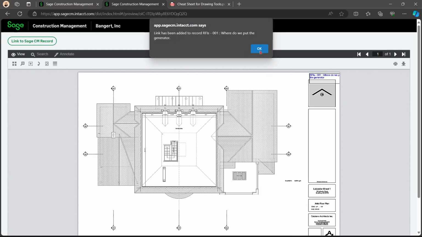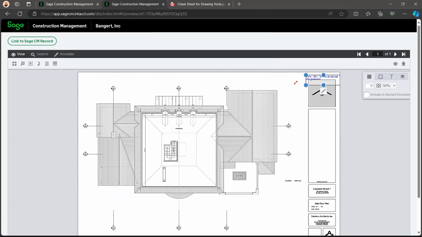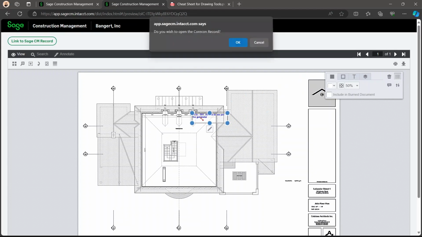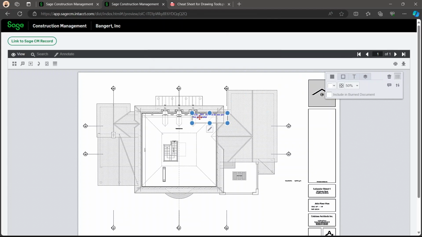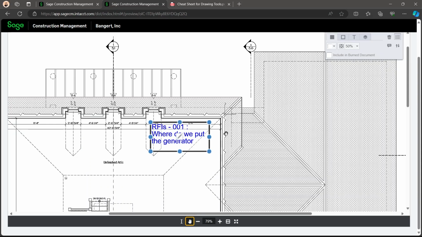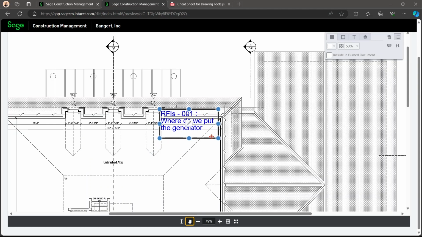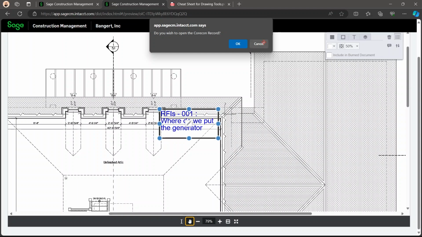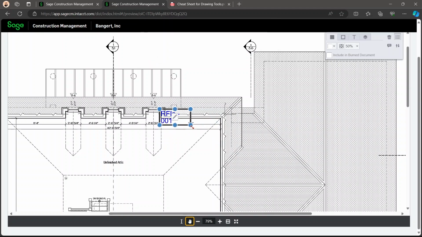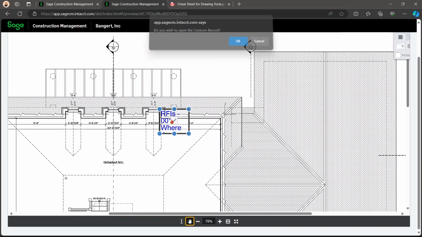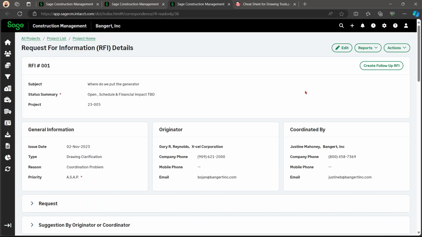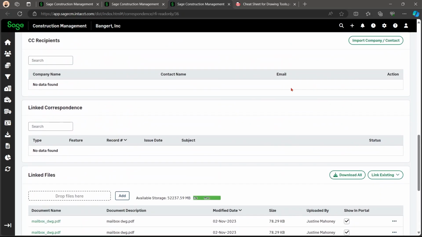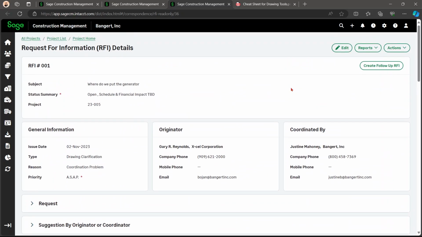So the link has been added, and you're able to move it to wherever you need to put the link. Then wherever you put your RFI, you're able to change the size of this as well. So whenever people click on it, they'll be able to open the SCM record and be straight at the RFI.